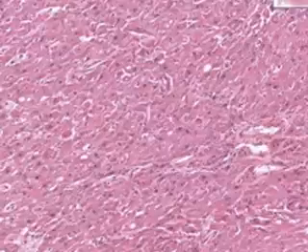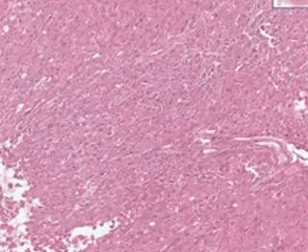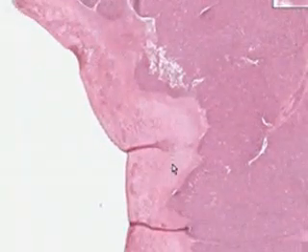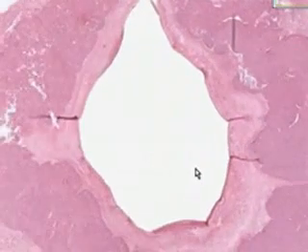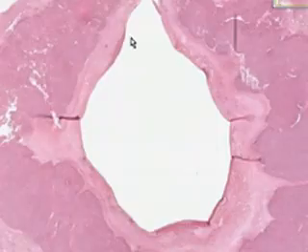Corpus luteum, if there is a pregnancy, can be a very significant fraction of the volume of the ovary itself, perhaps a third or a half. Otherwise, they generally are just a small fraction of the volume of the ovary. And as you can see here, they can have a lot of hemorrhage, because they are very vascular. And in this particular corpus luteum, it looks like there is a central liquefaction,